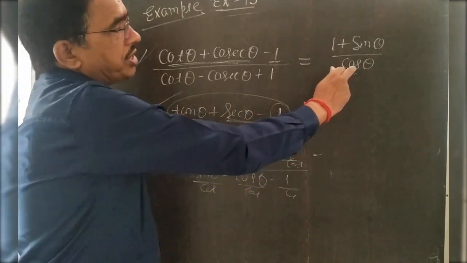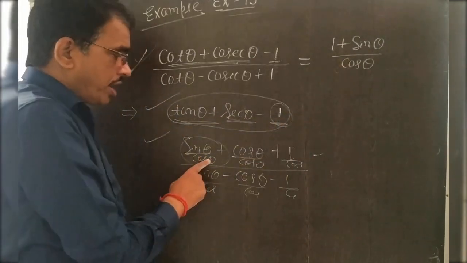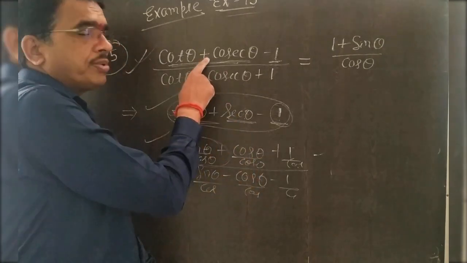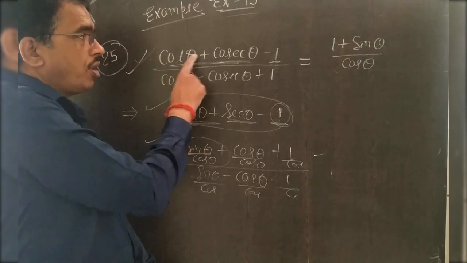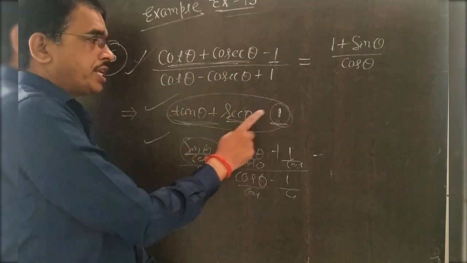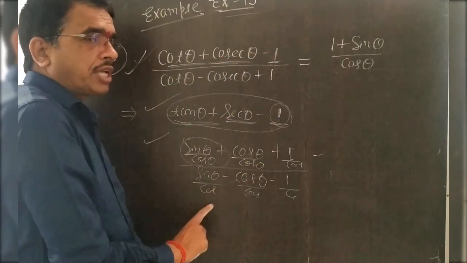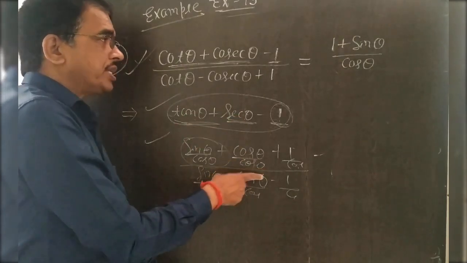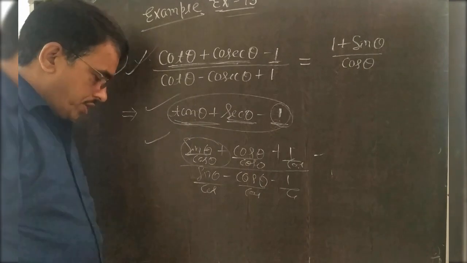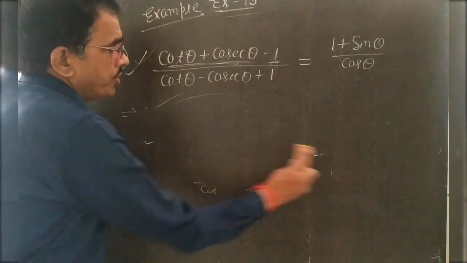Similarly, in another question, when there is sin, then all terms are divided by sin, and then your form is like this. So there are 4 questions. First, cot cosec 1, second tan sec 1, and third sin cos. If divided by cos, then use here. If divided by sin, then use there. So dear student, now see how we solve this problem.